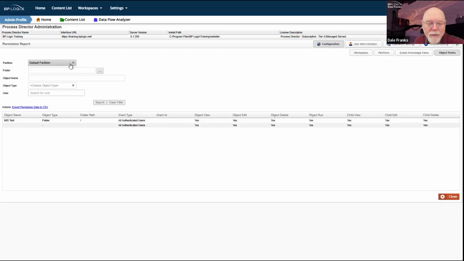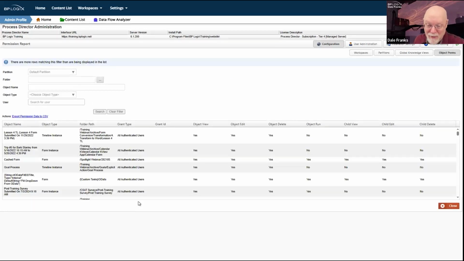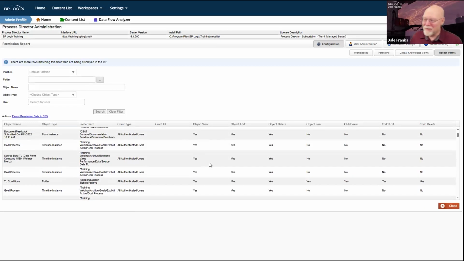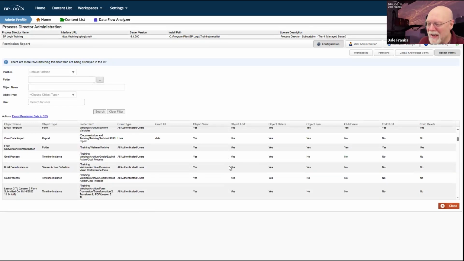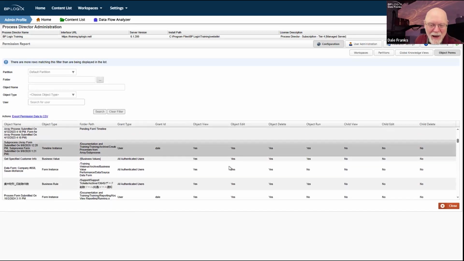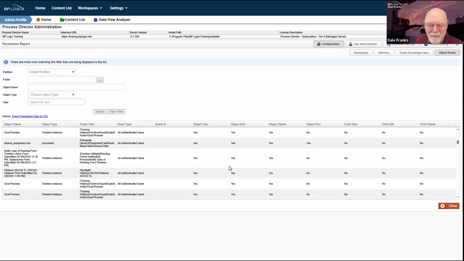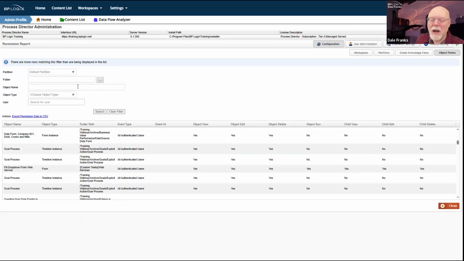At the very top, there's a number of search filters that you can use. So if we go, say, the default partition, and I search the default partition, I probably shouldn't have because I have a lot in that default partition. So we're going to get a big honking list of permissions down here at the very bottom for many, many different objects, all of which are, of course, largely the same because I have the same permissions all over this system. But I can see all of the objects on my system.